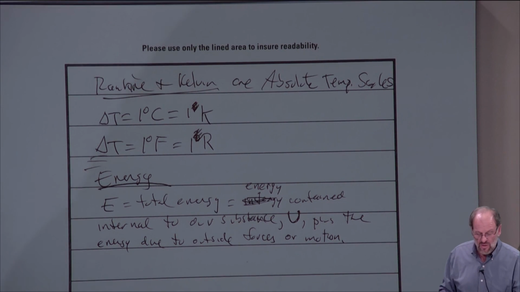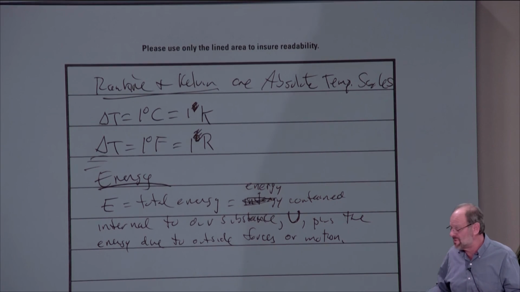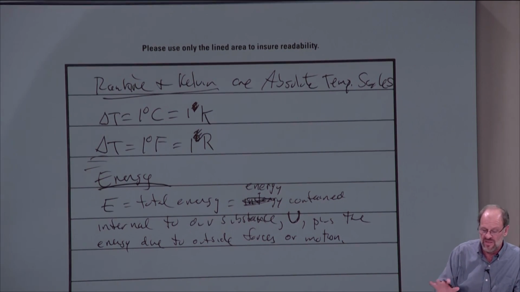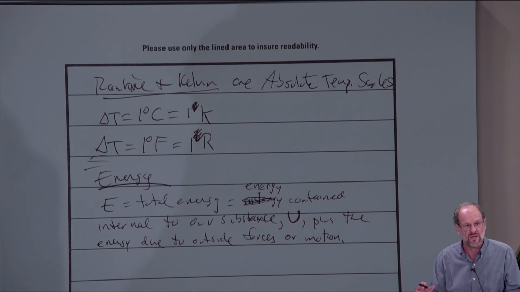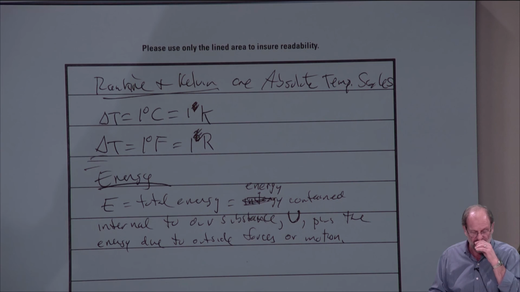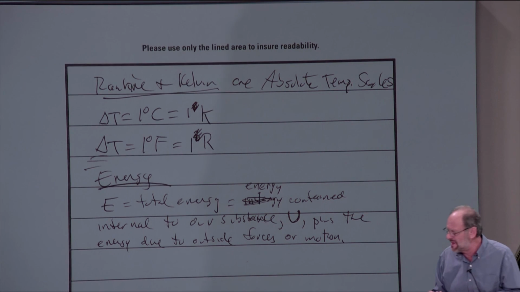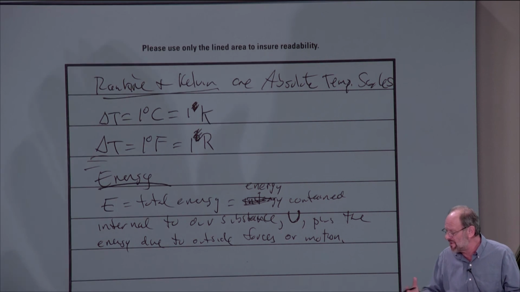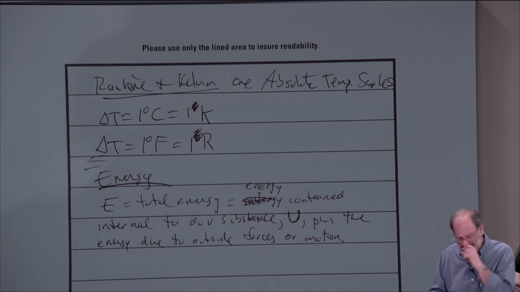Okay. So what would be those other types of energy? What would be the energy due to outside forces or motion? Now, there's certain things we're specifically neglecting, right? We're dealing with our simple compressible systems. We're not dealing with magnetic forces. We're not dealing with electrical forces. We're not dealing with any kind of chemical reactions taking place. But there are still some other forces that are going to be so common that we do want to include them in our general equations.